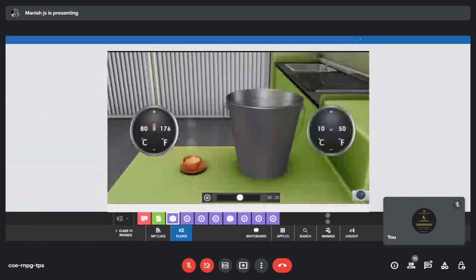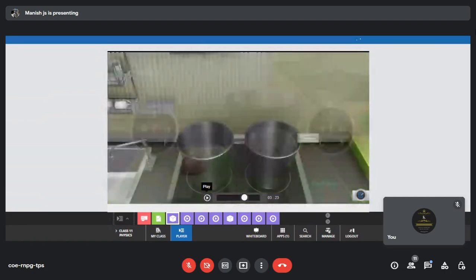Fill a bucket with water that is only 10 degrees Celsius or 50 degrees Fahrenheit. When compared to the water in the bucket, the cup of coffee is hotter. However, the thermal energy of the water in the bucket will be more than the thermal energy of the coffee because of its higher mass. So with respect to thermal energy, you also look at the quantity. Quantity is a very important parameter that we use to understand the thermal energy.